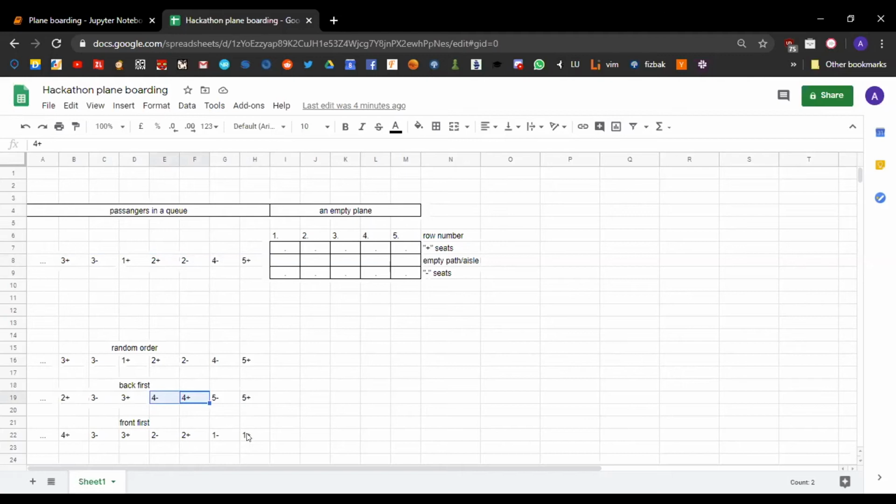There could also be a front first strategy, where we seat the first row first, then only the second row, and so on. We may have some intuition that front first may not be faster than, for example, back first. But we can prove this by doing these Monte Carlo simulations and comparing the boarding times with these different strategies. So that's the setup of the simulation, and now we have to put this